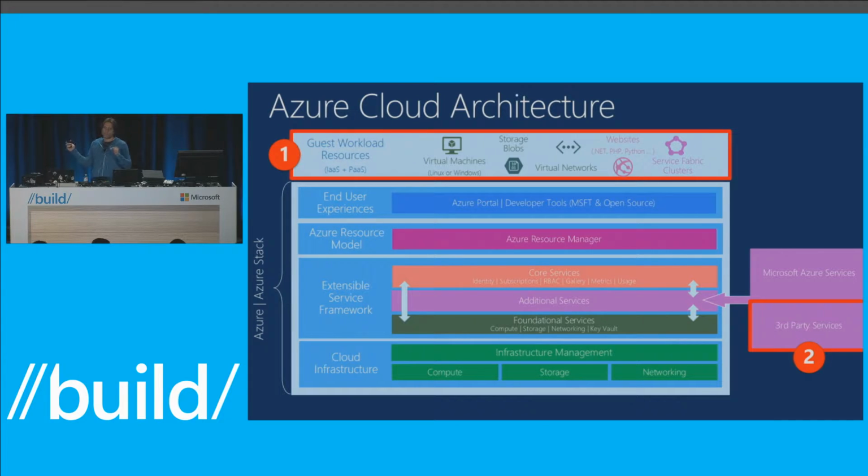So you have these two entry points. Sometimes there'll be one, where you're developing a service, but you're also hosting it on Azure. A lot of our internal services are developed that way, where a team in Microsoft uses foundational services in Azure to develop their own service, and then plugs their resource provider into the Azure Resource Manager.